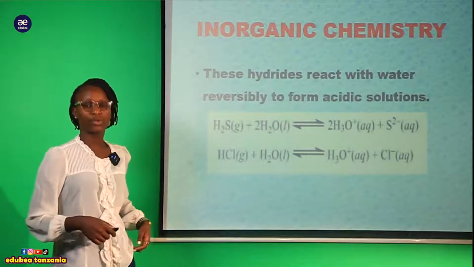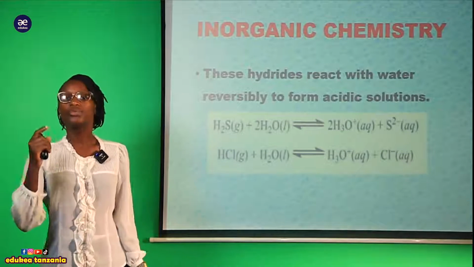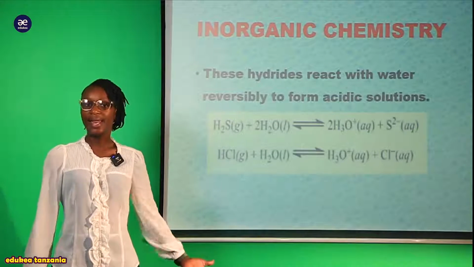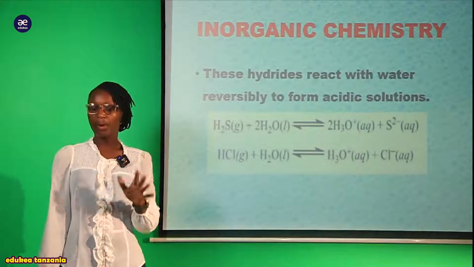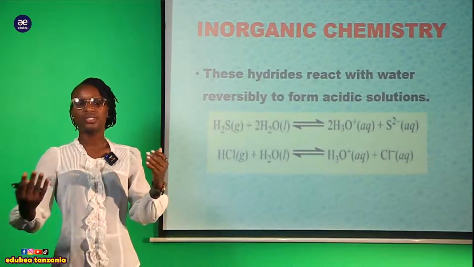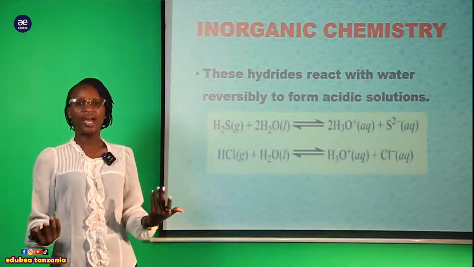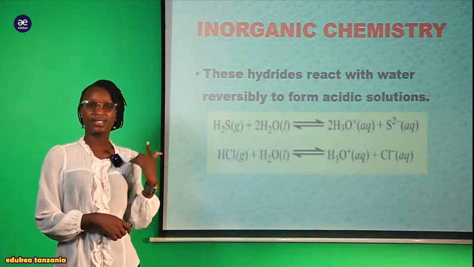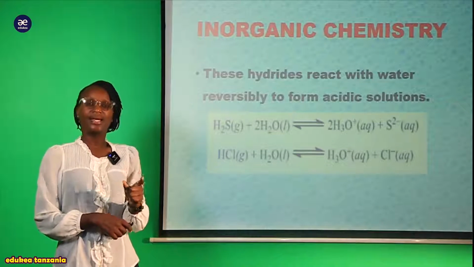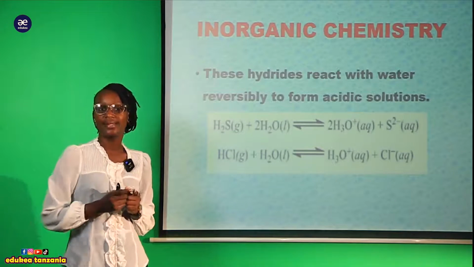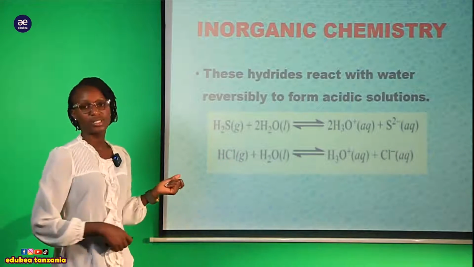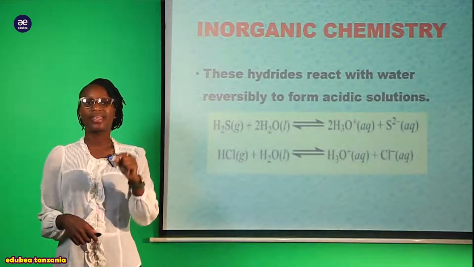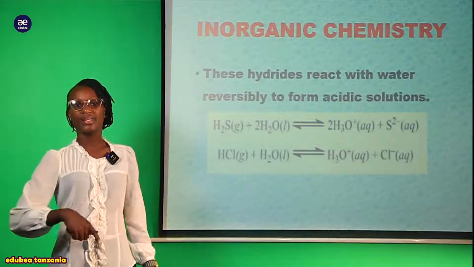Hapa sasa kumbuka, hatuzungumzii hydrochloric acid, tunazungumzia hydride. Kwa nini ni hydride? Utaona hii hapa ni HCl of course, lakini sisi tunaongelea kuhusiana na hydride. Na unajua kwamba the hydrides are those elements which are attached or which react with hydrogen. Sasa utaona kwamba huyu chlorine ni atom au ni element. Alireact na nani? Alireact na hydrogen, akatengeneza hydrogen chloride. Sasa tunapokuja kwenye lile kundi la hydride, huyu pia anaingia kwa sababu amekuwa associated na hydrogen. Kwa hiyo hapa hatutomwangalia kama hydrochloric acid. Instead tutasema the hydride of the what? Of the chlorine.